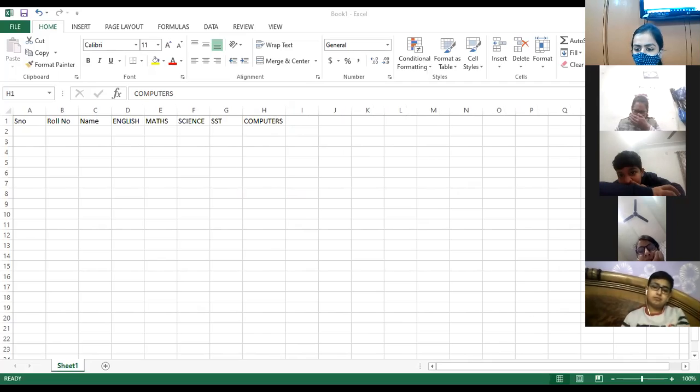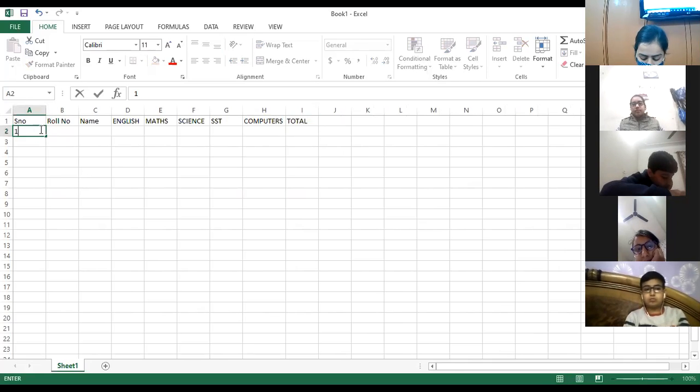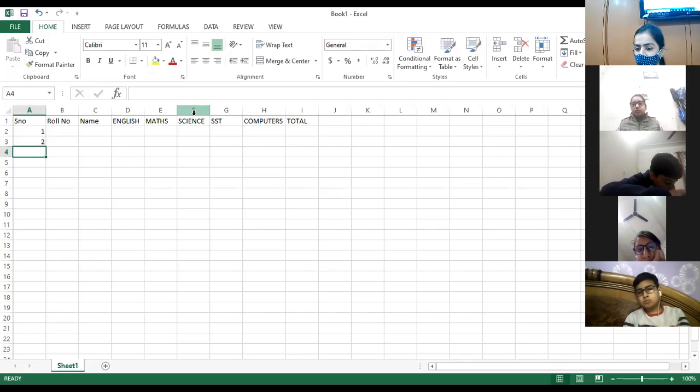Online students? So next, in the next column, we will be calculating their total marks, the total marks obtained by all the students. So let's say I'm entering the serial number here. We will be entering marks of 5 students. Now, if I want to move one cell down, I can use the down arrow key. Clear? When you want to move one cell down, you can use the down arrow key from the keyboard.